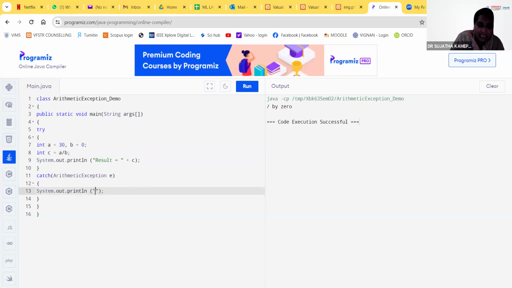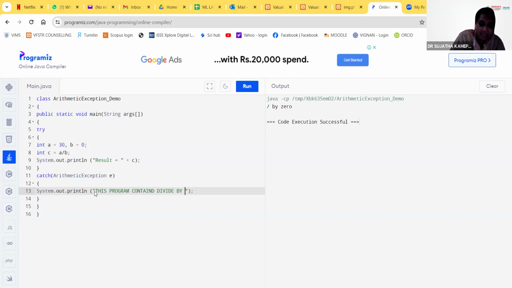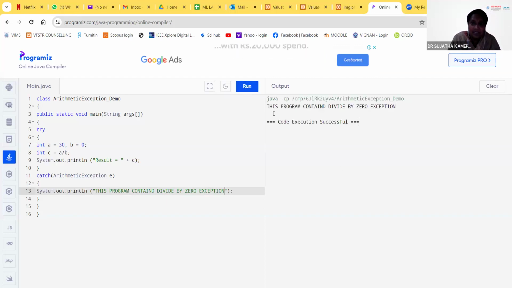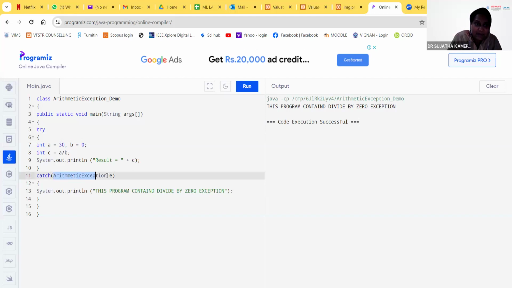So here I am writing that this program contains divide by 0 exception. That I want to write. The same thing will be printed here. If you run this, here you can see this program contains divide by 0 exception. Right. This is the second case. Exception occurred, which is handled. Right. Now we are going to see another one, which is nothing but exception occurred, which cannot be handled